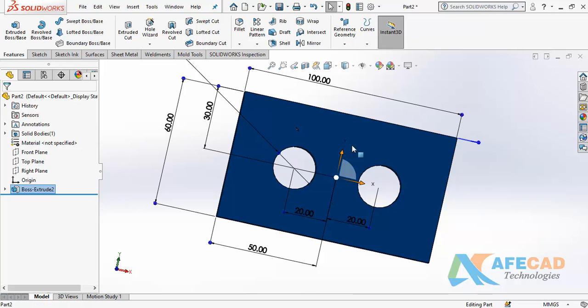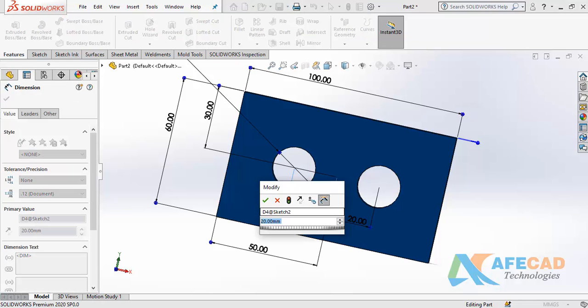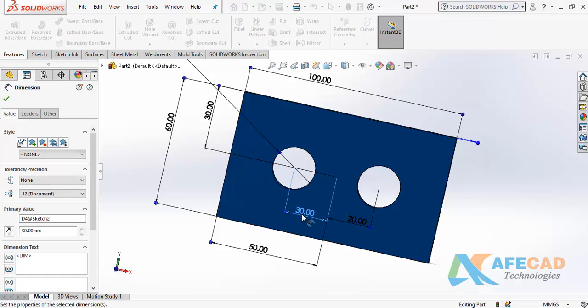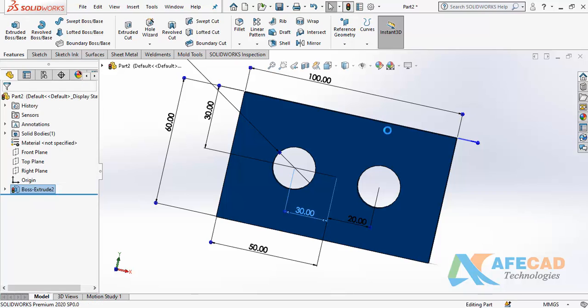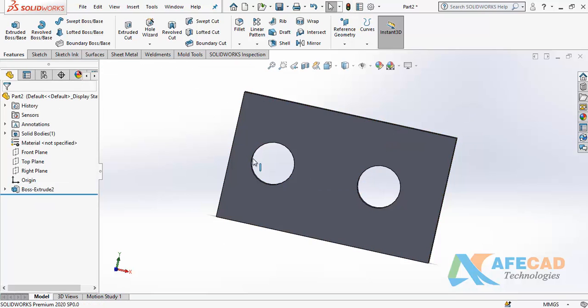In the future, if I want to make any changes, I am going to change this 20 to 30 like this, and then rebuild. As you are seeing, this distance is going to change, and this distance is different. Same from the middle, you have a different value here, a different value here. So this design can fail in the future as per your requirement.